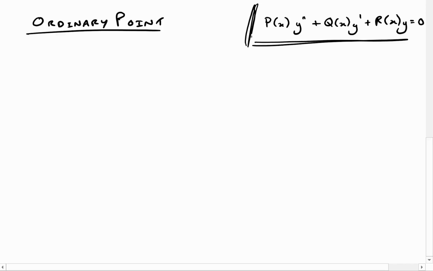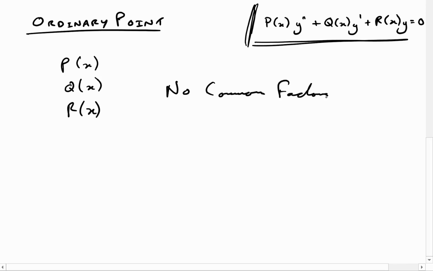Okay, what we're going to do is assume that p of x, q of x, and r of x are variable coefficients, but they're polynomials. More crucially, they're polynomials with no common factors between them, and that will become important in just a moment, and hopefully you'll see why. What I mean by no common factors is that if I divide one by the other, I can't break it down further. For example, if I have